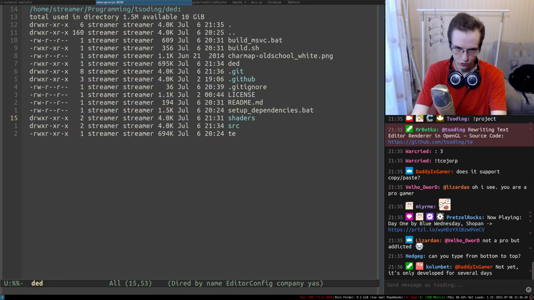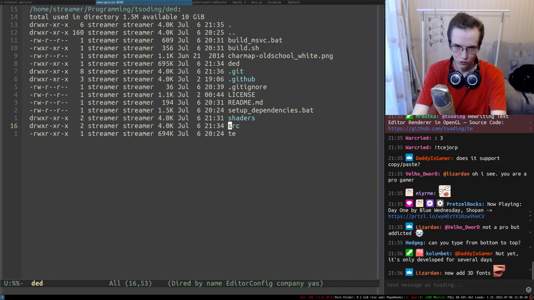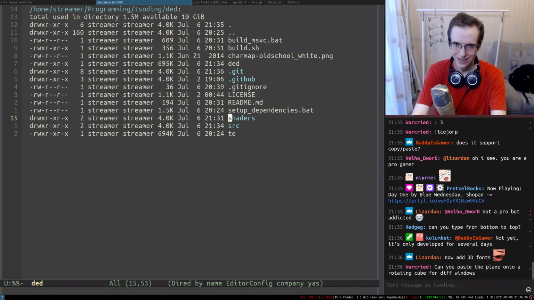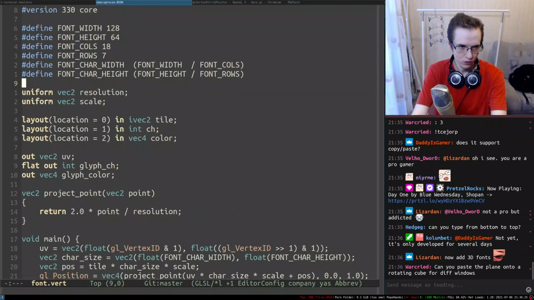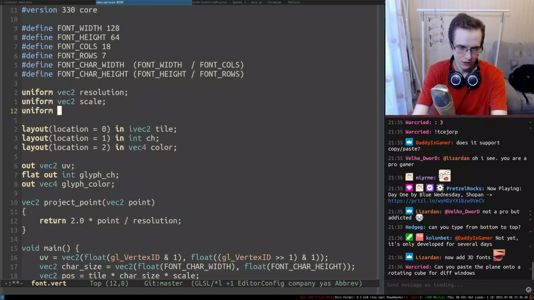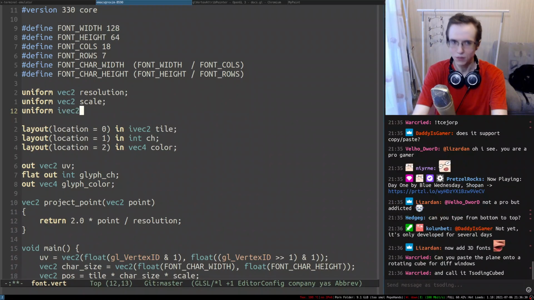Okay, so let me see. I want to have the cursor, if you know what I'm talking about. So maybe we're going to pass the cursor as a uniform to the shaders. Here are the uniforms, and I can say something like ivec2, the binding of cursor.